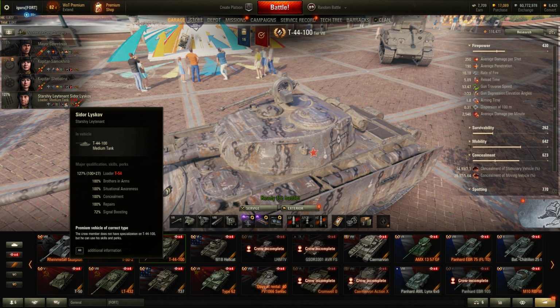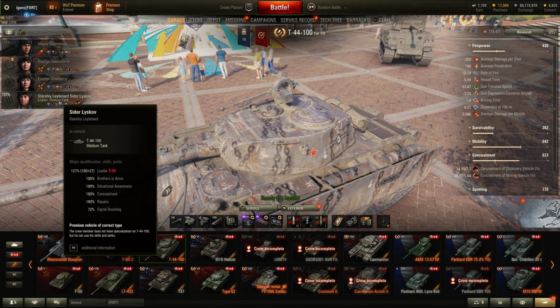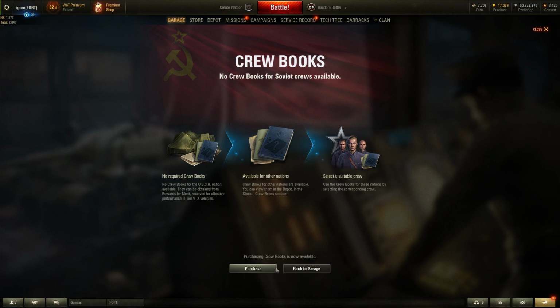Situational awareness is important because you need vision. This game is all about vision, so you need to think about whether you want to pick situational awareness or repairs. Alternatively, you could also use your crew books. You could buy crew skills